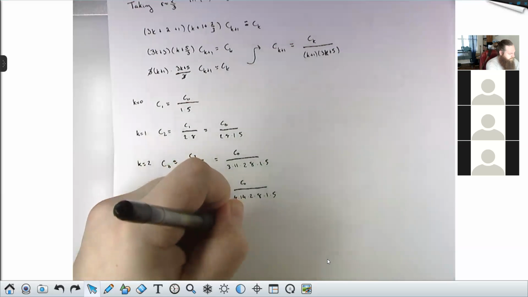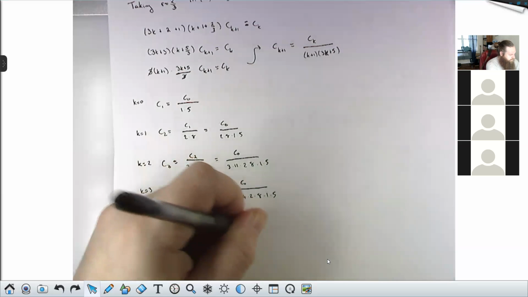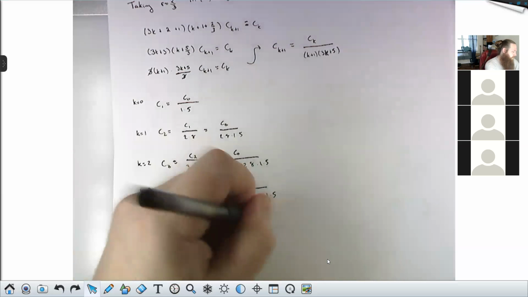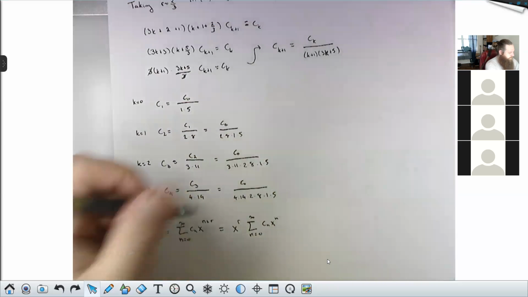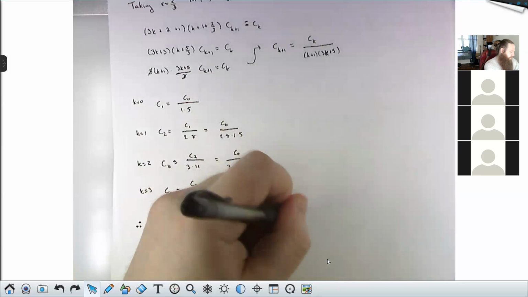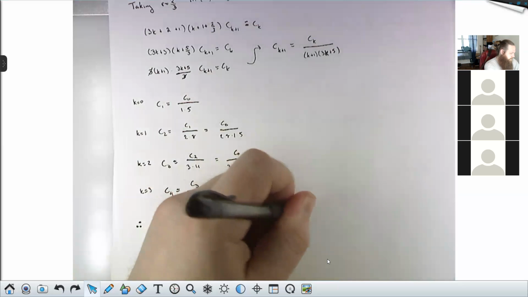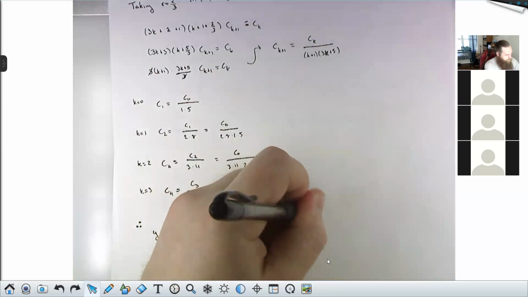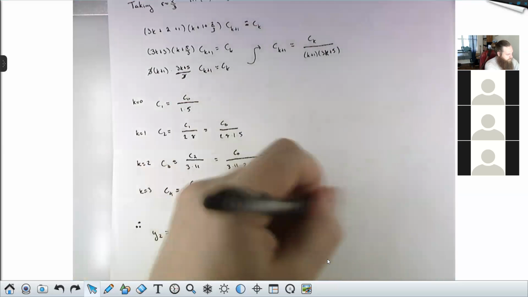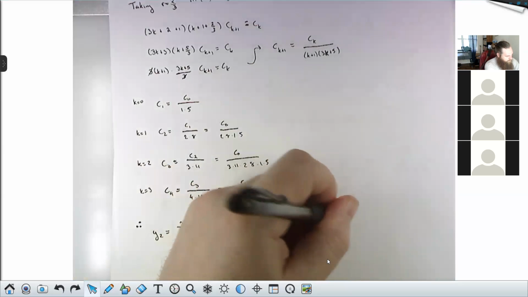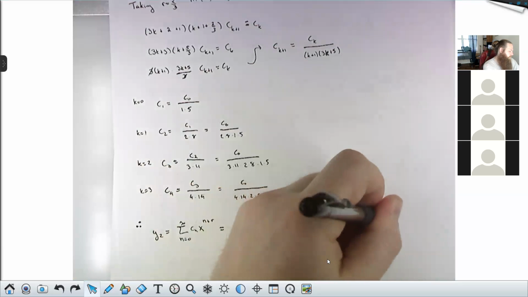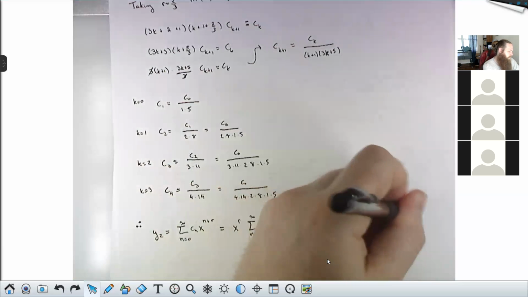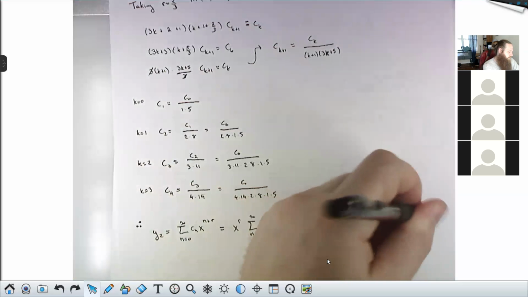So what I would probably do here is say this is x to the r times the sum from n equals 0 to infinity of Cn x to the n, which is x to the 2/3 times C0 plus C1x plus C2x squared plus C3x cubed plus C4x to the 4 and so on,